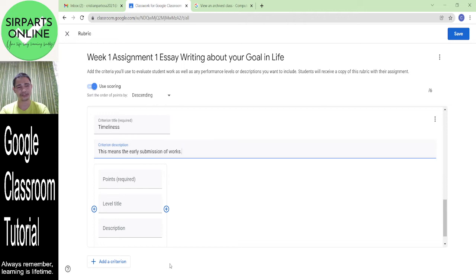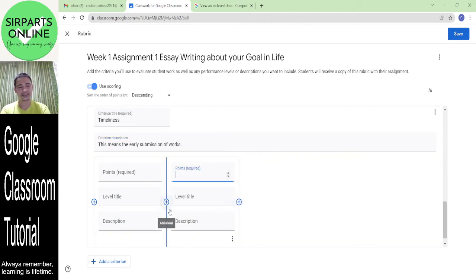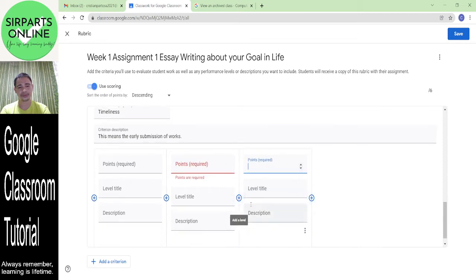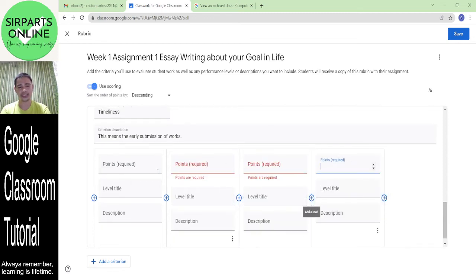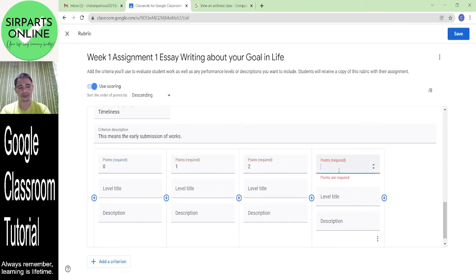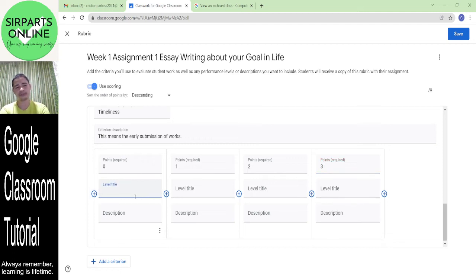You can also modify that one, the promptness. So I could just click that plus, then score here 0, 1, 2, 3, and I'm gonna have here bad,